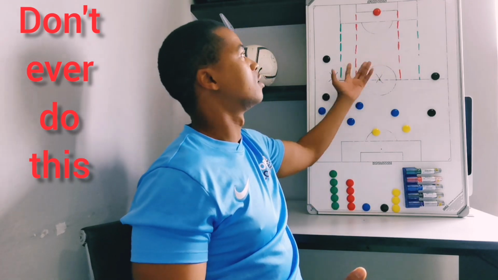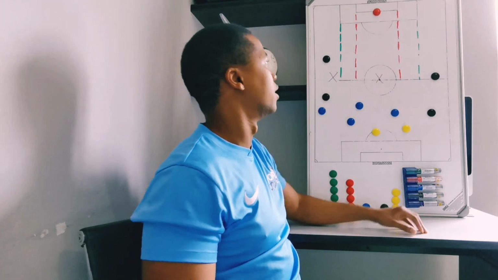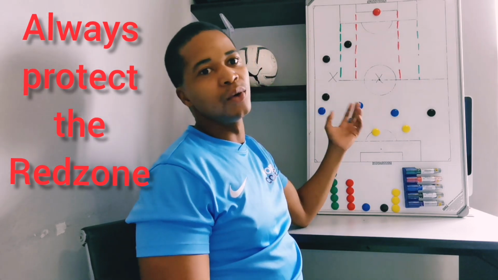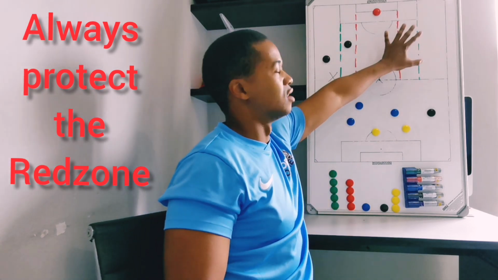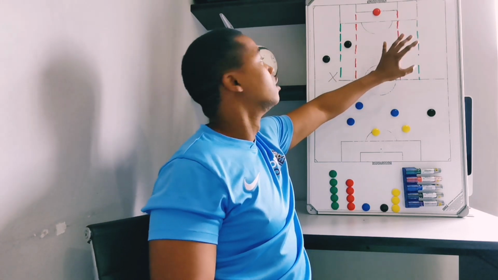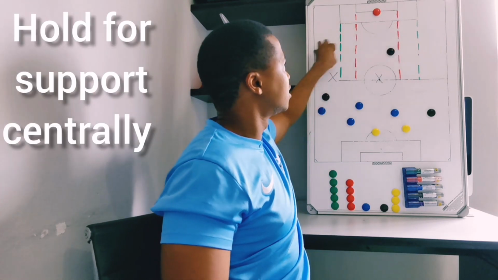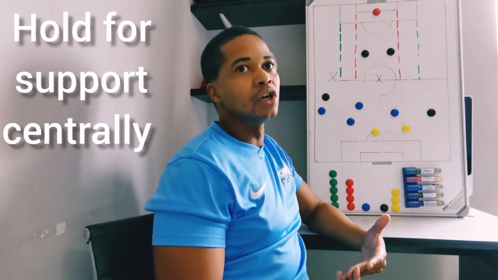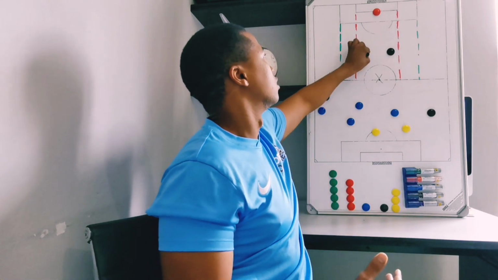So if you're out here as centre backs, it's very ridiculous. Or if you're both too far across, you can't really wait for support, because you've allowed the space for the attackers to go and exploit. So if we're just holding off central here, okay, now I can hold them off. So what's very important is, even if I'm still here, I can still hold them off